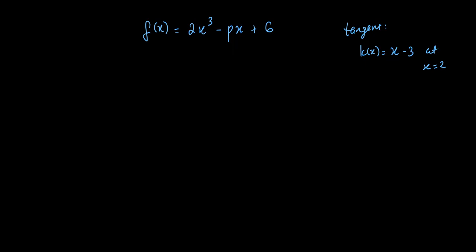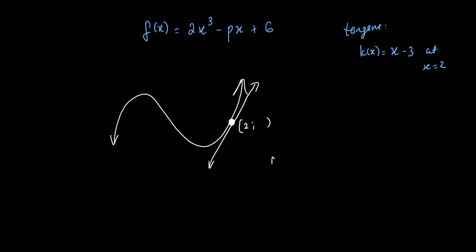So how do you do that, guys? I said sketch f, and then understand that you have a certain tangent. Just draw it even anywhere. It's just for you to understand. So do we have the point of intersection? We only know that that point x is 2, and we don't know y. How can I get y? I try to substitute in here. I say f of 2 is equal to 2 into 2 cubed minus p into 2 plus 6. Then f of 2 is 8 times 2 is 16. 16 plus 6 is going to be